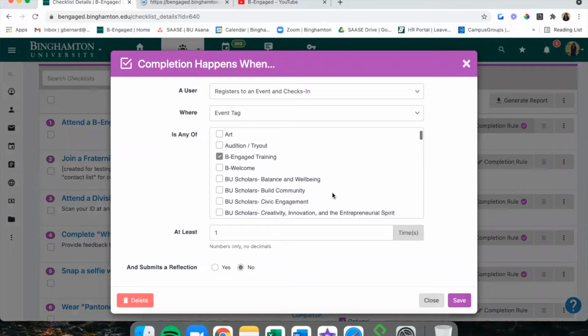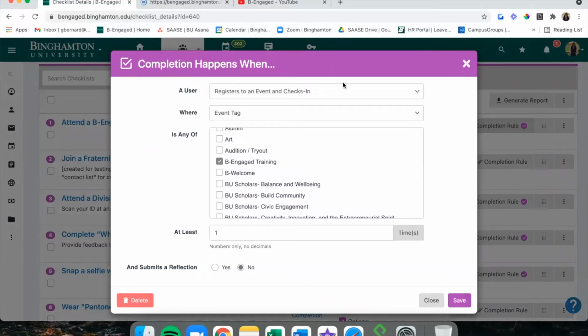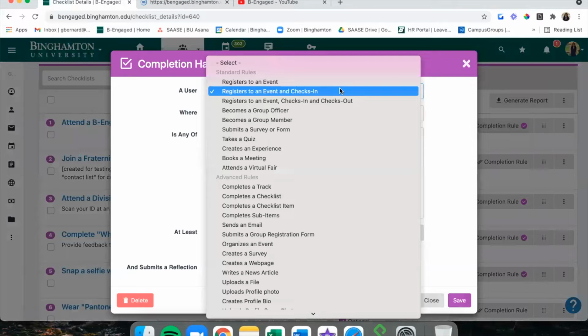And completion rules can be set and dependent on a bunch of different factors. You can make them as simple or as complicated as you want.